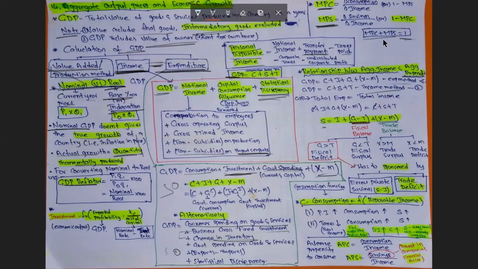Fiscal balance is of 2 types. When government expenditure is more than taxation, it is a fiscal deficit, and vice versa is a fiscal surplus. So when there is a deficit in the government, that is, more expenditure is made, the additional expenditure which the government incurred should be set off by excess private savings in the economy or by a trade deficit. Whatever decrease there is should be adjusted by both of these portions.